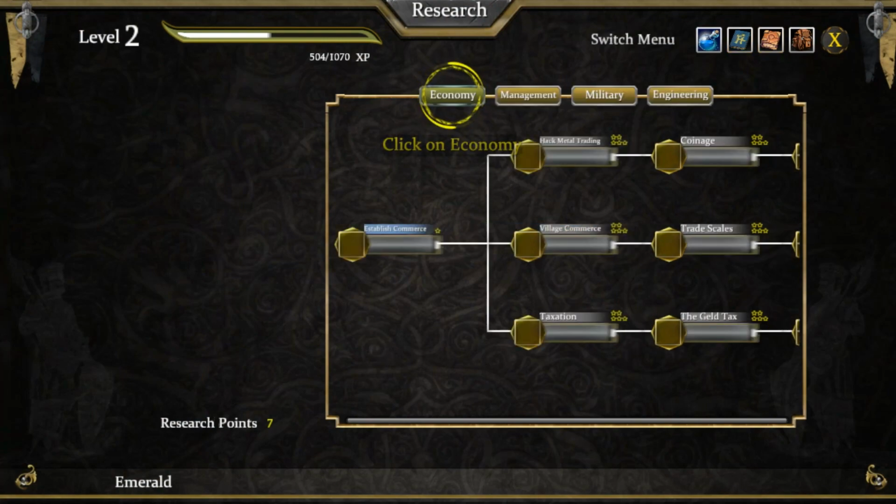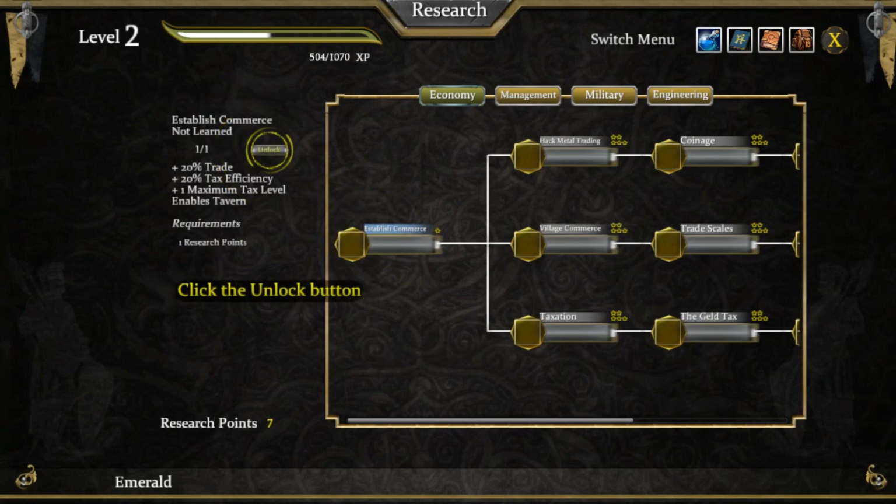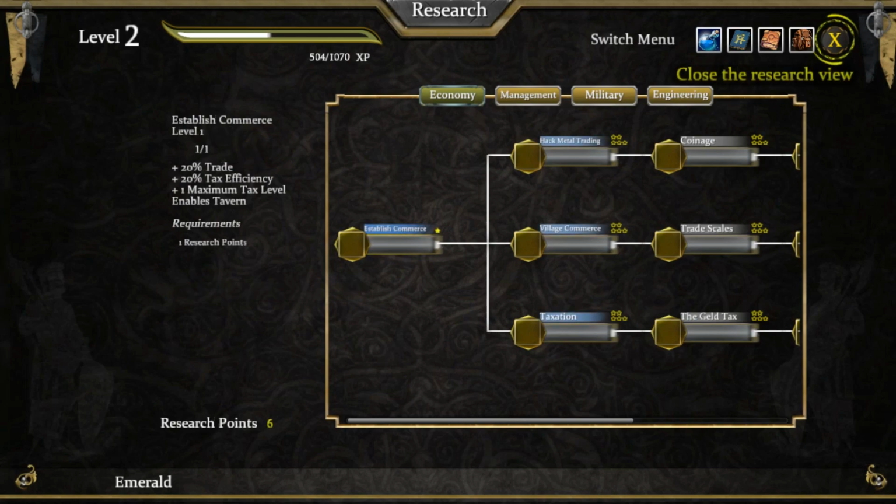Okay, and then we have economy here. So this is similar to the character screen that we saw before. So we have economy here, establish commerce, and then we have levels that we can unlock. So we have 7 research points that we can spend, similar to our skill points that we had before. Going to unlock that,